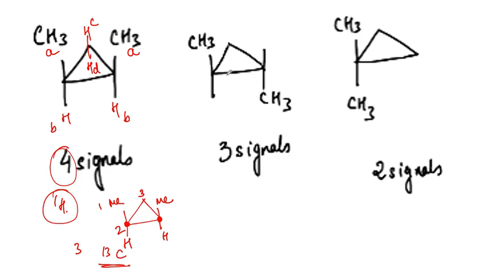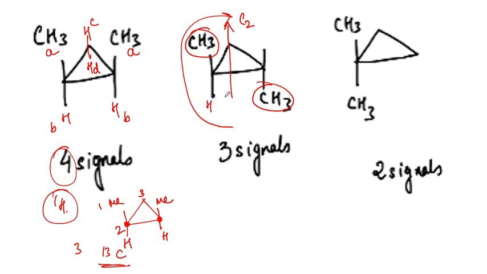Right, what about this molecule? There is no sigma plane over here. Since there is no sigma plane, we are not going to bisect the molecule into half, but we see that there is a C2 axis. The molecule can be rotated like this. There is a C2 axis, the molecule can be rotated 180 degrees, and both of the methyls are again rendered the same by the C2 axis, as well as these protons are the same.